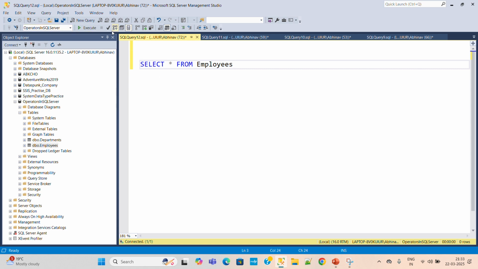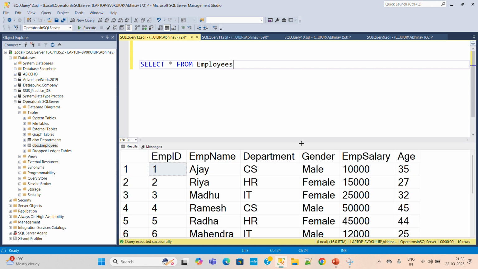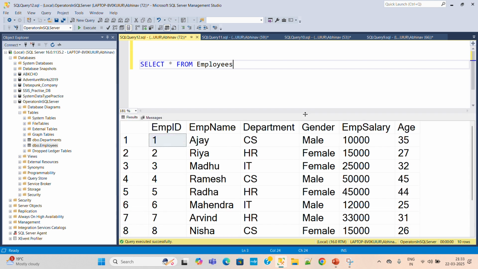Okay, you can see how IntelliSense is working for us. So here we will check for salary in 10,000 and 12,000. For the IN operator we need to mention it like this: where employee salary, EMP salary in